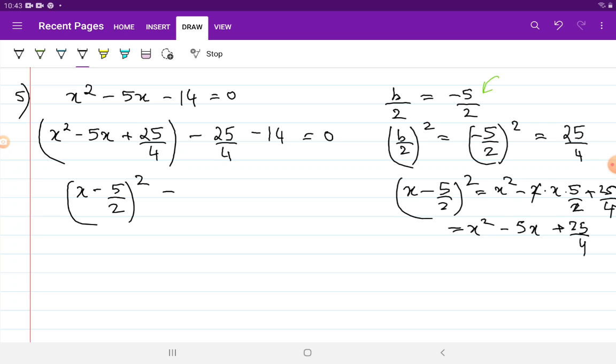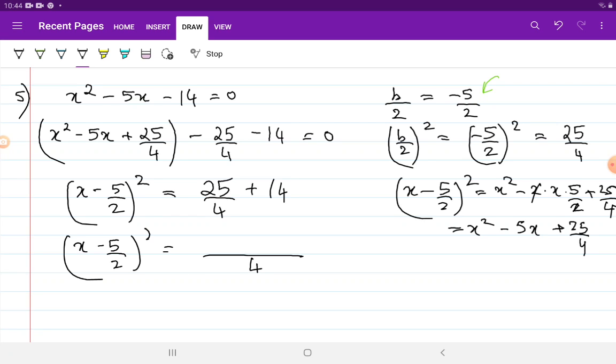And over here, why don't you do this? I will send minus 25 by 4 to the right hand side, so it becomes positive, and minus 14 also to the right hand side, so it becomes positive 14. So x minus 5 by 2 whole square is equal to